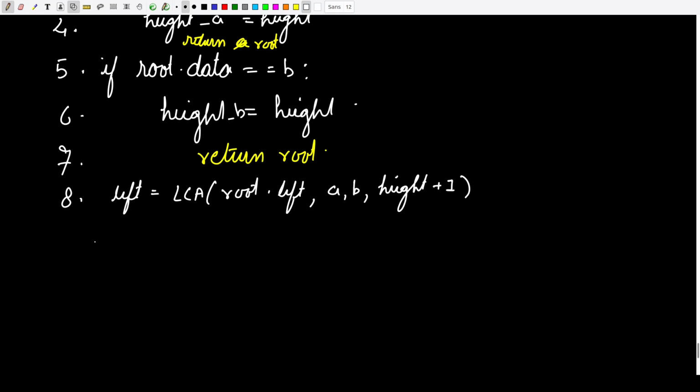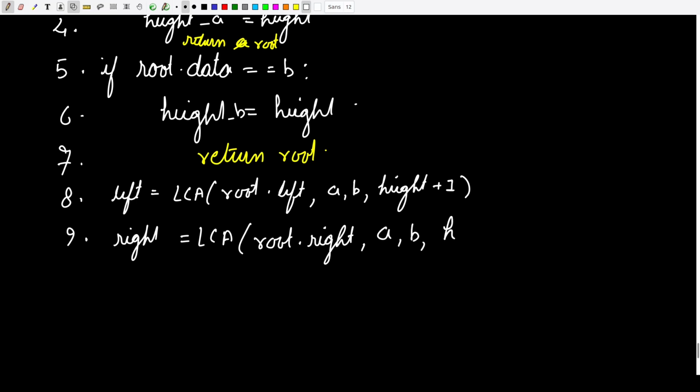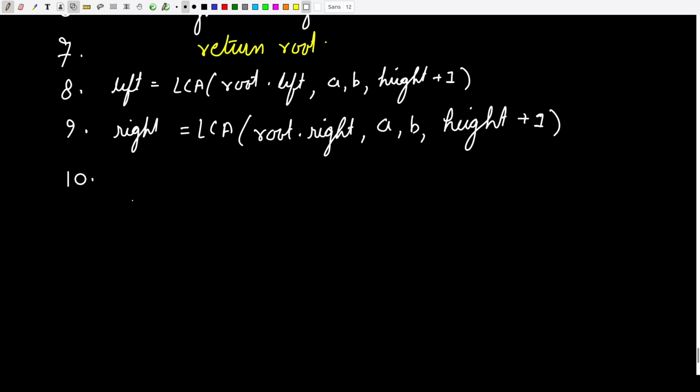Because I am now going to the next level. Similarly, I will also check the right side of the tree. So right equals LCA of root.right, A, B, and here also we are going to update our height by 1. All right. Now, after looking into the left and right subtree, we will check if